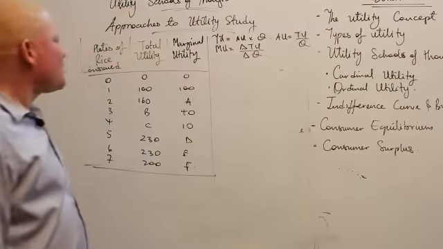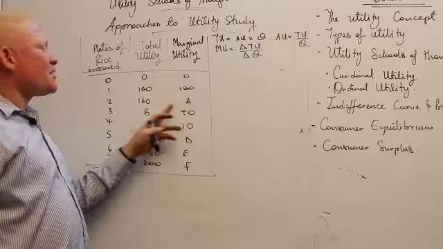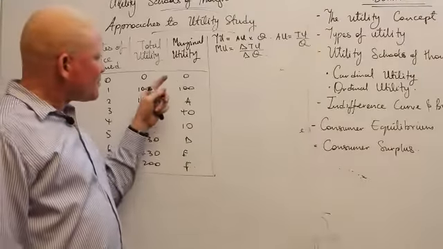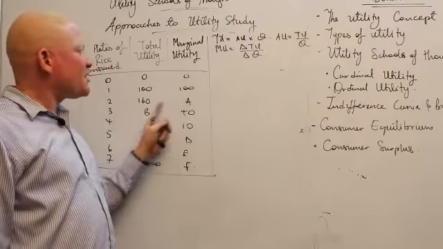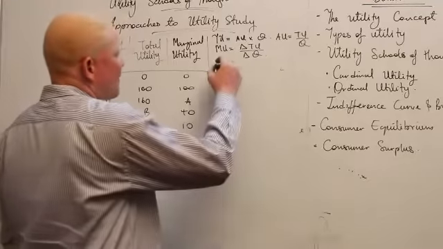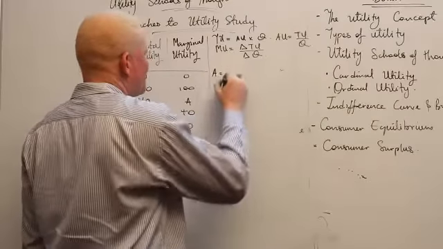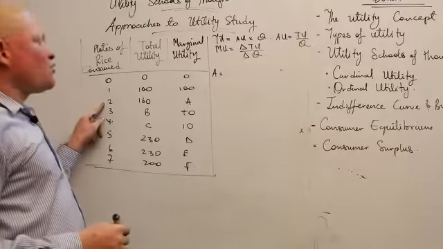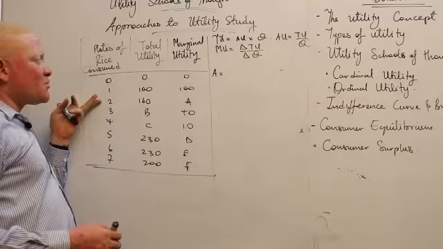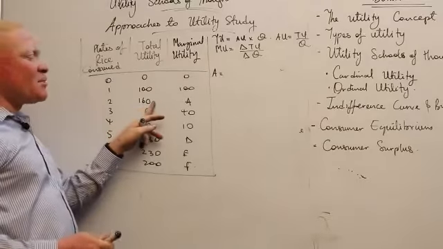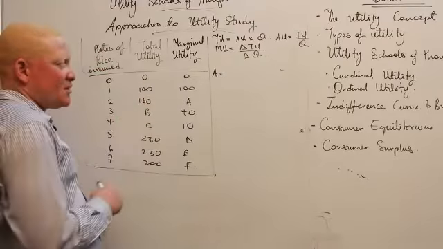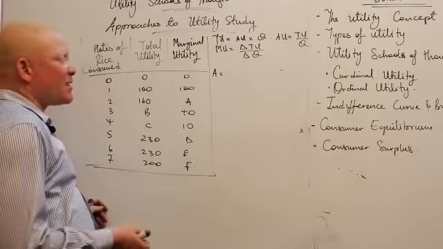Now over here, I have marginal utility, total utility, and we have some letters. We are going to make an effort to complete or replace these letters with the required values. All right. Now A is the marginal utility at 2 plates of rice. This is plates of rice consumed. After consuming 2 plates of rice, the total utility is 160, and we want to find out the utility added, that is the marginal utility.